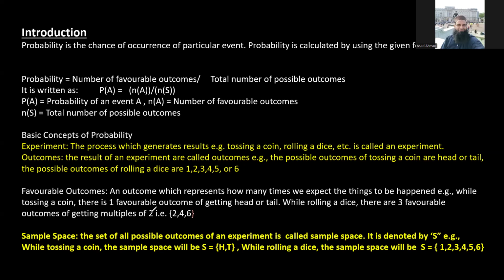And a very important definition which will be used in every part of probability is the sample space. It is basically the set of all possible outcomes of an experiment. This is called a sample space, denoted by S. An example, like I have written earlier: while tossing a coin, the sample space will be a set containing head and tail. While rolling a dice, the sample space will be 1, 2, 3, 4, 5, 6, meaning all possible outcomes